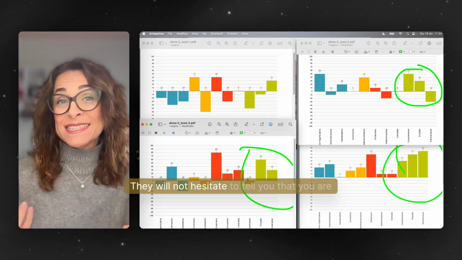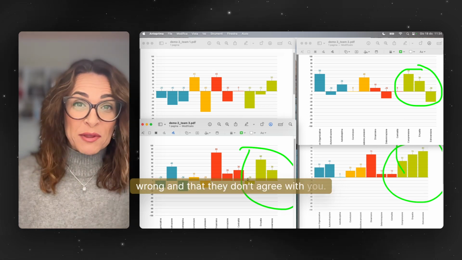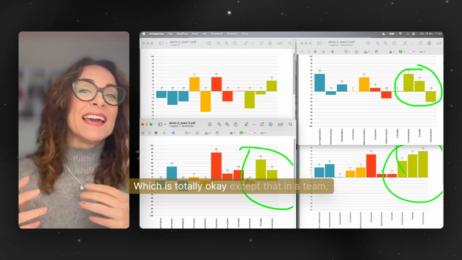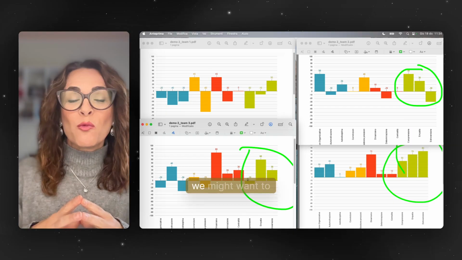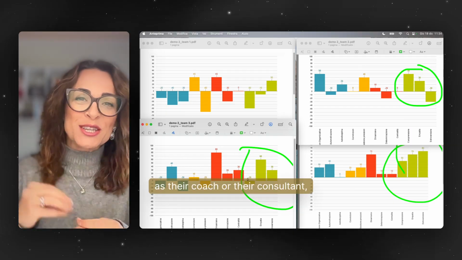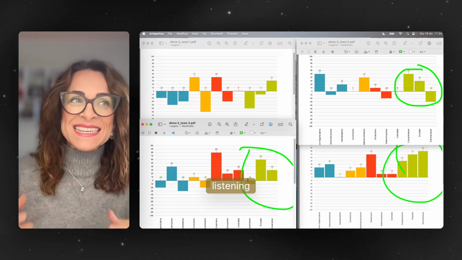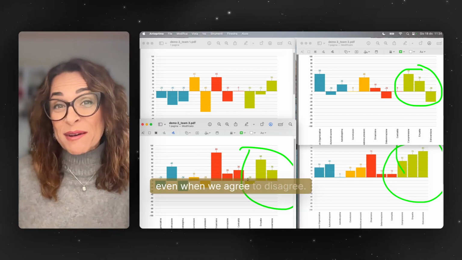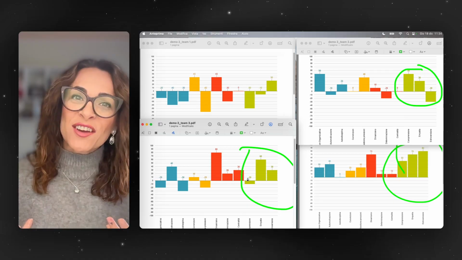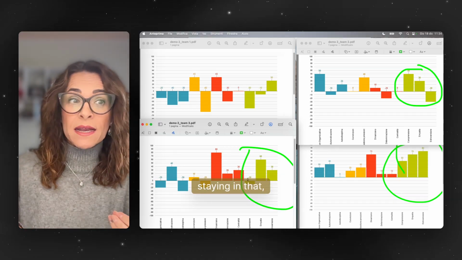They will not hesitate to tell you that you are wrong and that they don't agree with you, which is totally okay, except that in a team, as their coach or their consultant, you might want to train them in that listening, even when we agree to disagree. Staying in that discussion, staying in that conversation,